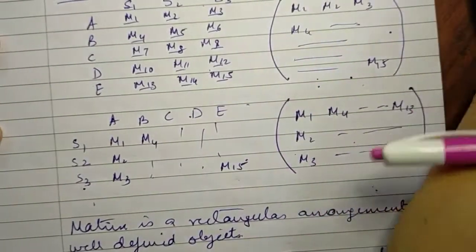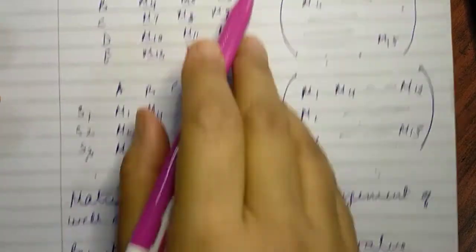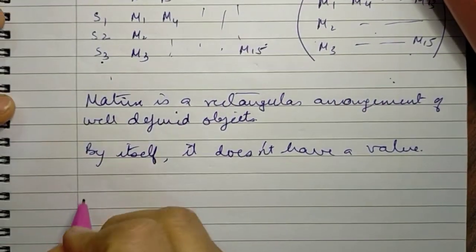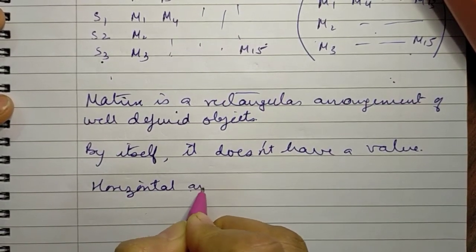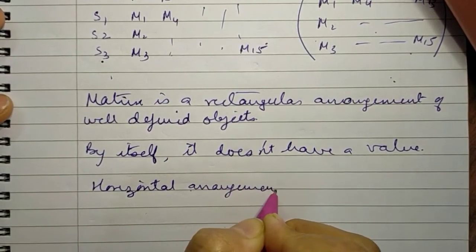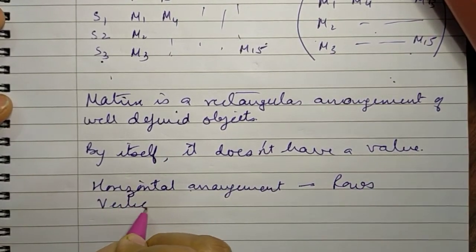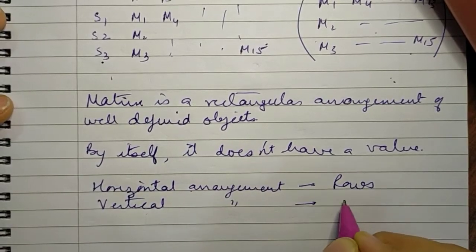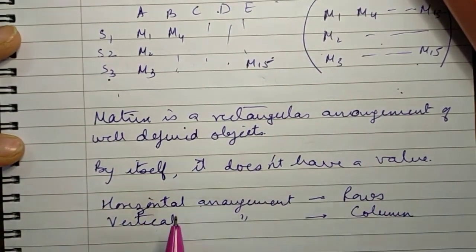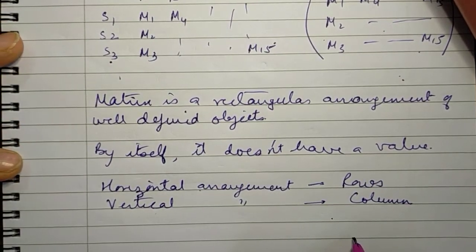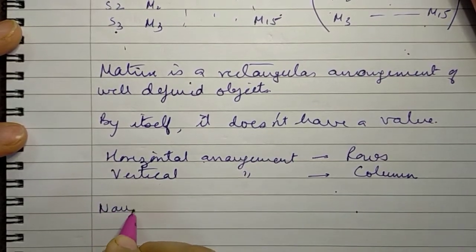Now the next thing we see is that it's an arrangement in terms of rows and columns. The horizontal arrangement is called rows, whereas the vertical arrangement is called columns. So you could also say that a matrix is an arrangement in terms of rows and columns. Okay, so usually we name them